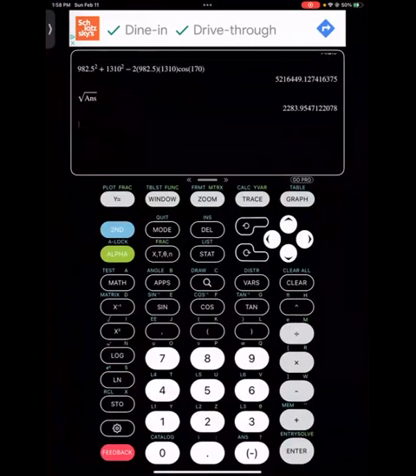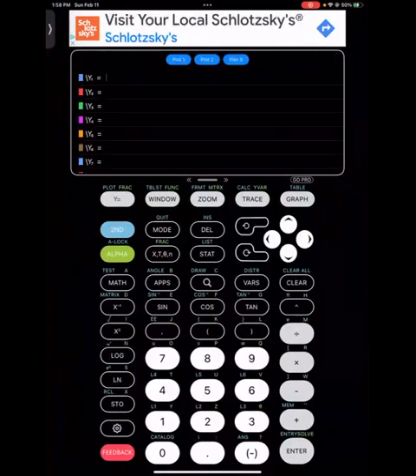So I want to input my function into the calculator. I hit y equals, and it pulls up the list of functions that I have here. Now, I only really care about one function at a time for this kind of question, so I'm just going to type it into y1. So y1, I want to be equal to negative 180